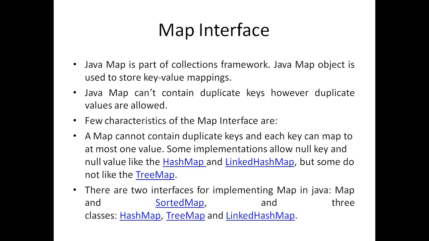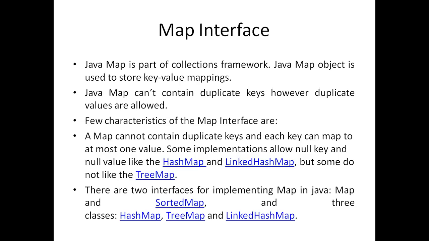So based on the key, with the help of the hash table, we have one formula, key mod hash table size. So based on this, we will get the location of the value. So on that location, our value will be stored. So this is called key. Based on the key, your value will be selected. This is called key-value mapping. So it is mainly used in the Map interface.